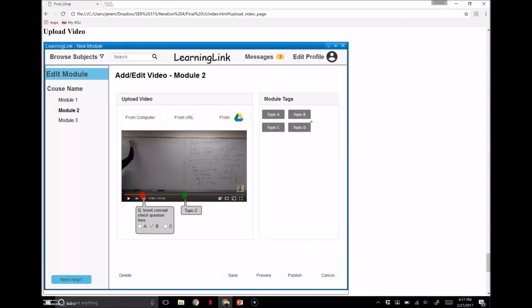For the videos, one of the things that we really wanted to make sure to highlight and include would be a functionality to place a bookmark in the video at a particular timestamp. This would allow for, say, this video, which is almost 2 hours long. Obviously, there are going to be a lot of different topics in that. If a student needs to go back and review a particular topic, you don't want to have to scrub through the entire video trying to find where they talked about it. So having the ability to put in a bookmark for a particular topic, so you could say right at the 17-minute mark, that's where they're going to talk about this topic, would make it much easier for the students to